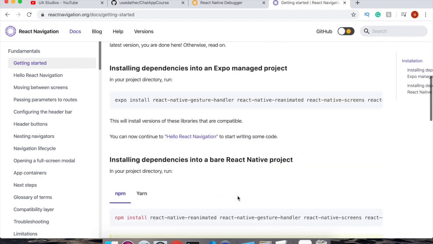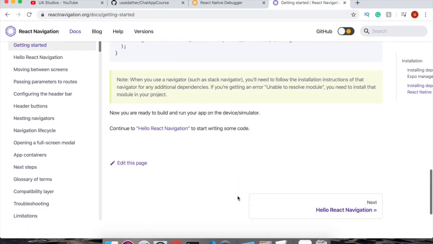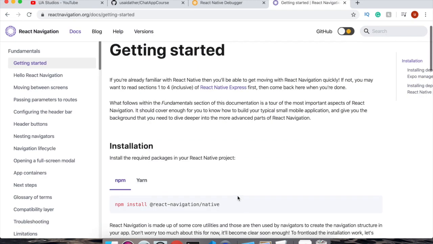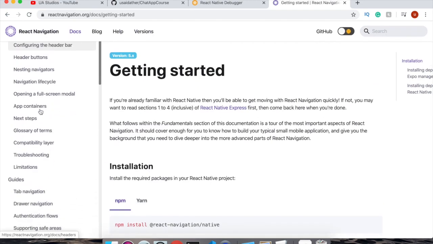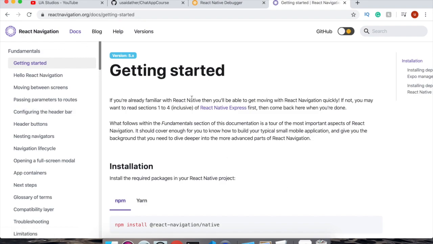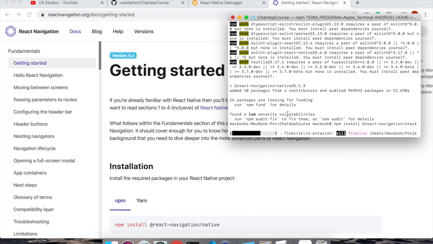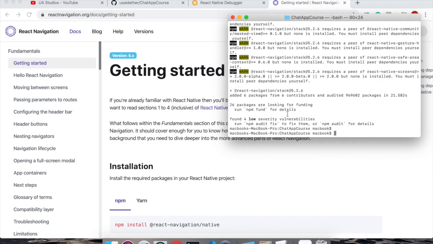This is the complete installation guide. I suggest everyone to read this official document. You will get lots of help regarding this React Navigation. Okay, now the last one is